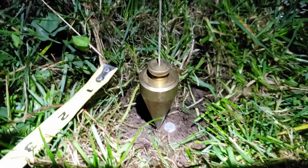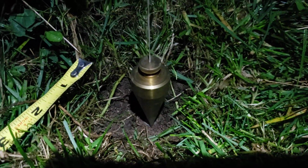Just freely swinging over that nail. So I put an aluminum nail in the ground there. And then I got this brick I can put on it to keep the cows off the nail. And then 8 feet away is where we have,